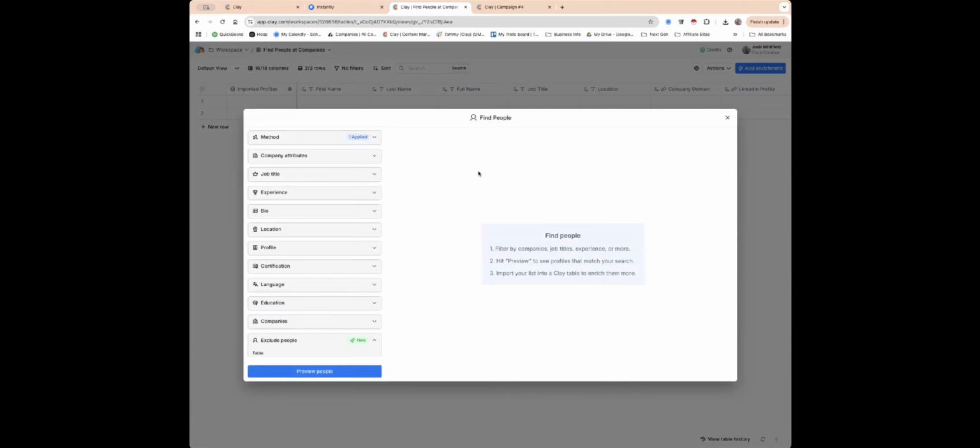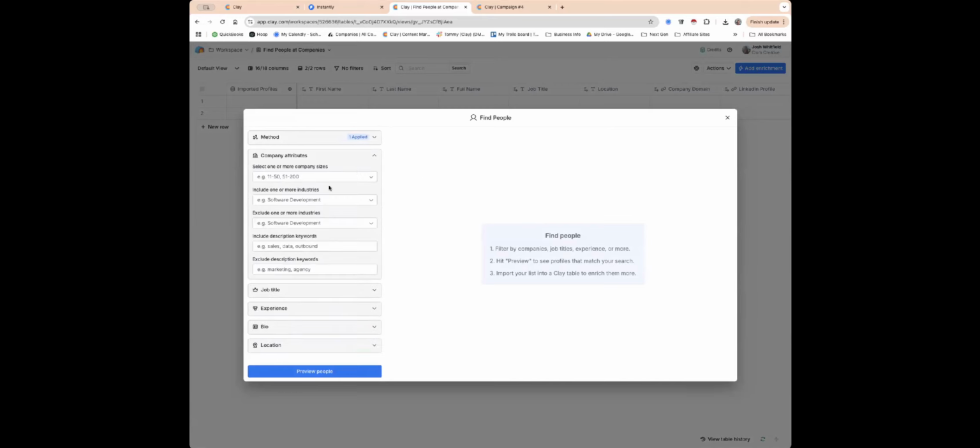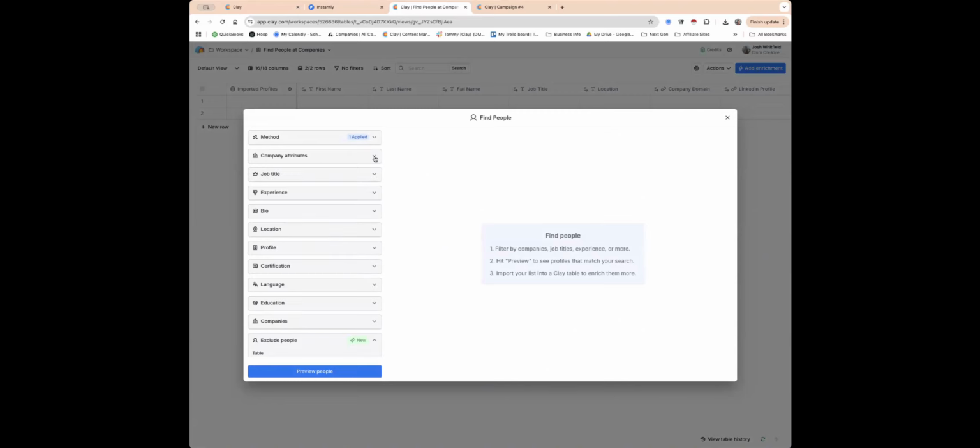You remember that? There was a reason for that. Because when you just do this, you can search both. In other words, the company attributes are in this find people. The problem is if you don't do find companies and find people, you don't get the company data from LinkedIn. So ideally, I'm going to show you both ways, but ideally what you'd want to do is